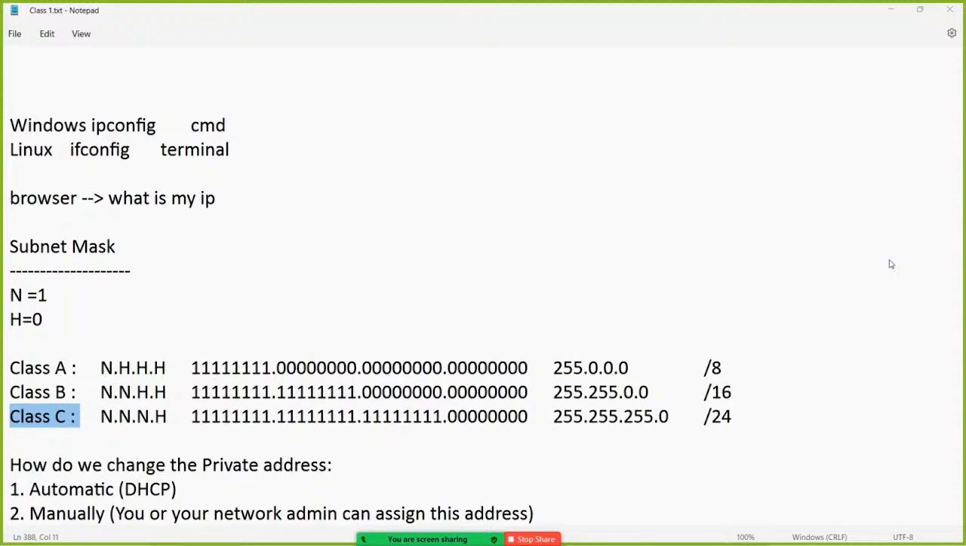We discussed that in the last class. We'll discuss why classes are different, how class A, B, C, D, and E are different from one another. They are different because they have been set that way with certain network portions and host portions. Class A has only 1 network portion,